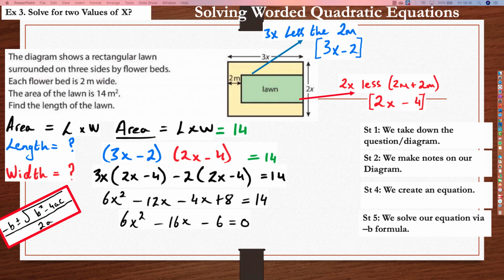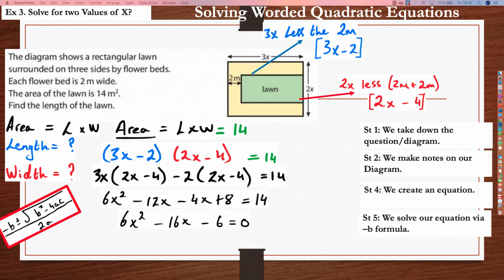If you can't do the bracket, you really have to learn the guide number. The guide number is the first by the last, which is minus 9, and they add to give us minus 8. So we need factors of 9 which add to give us minus 8. So 9 and 1, or 3 and 3. Obviously 9 and 1 is going to work. That's minus 9 plus 1. Does that add to give us minus 8? Does it multiply to give us minus 9? It does. So then you can do